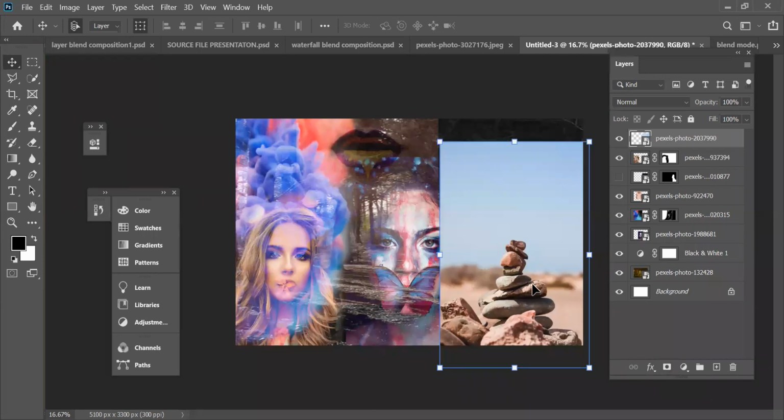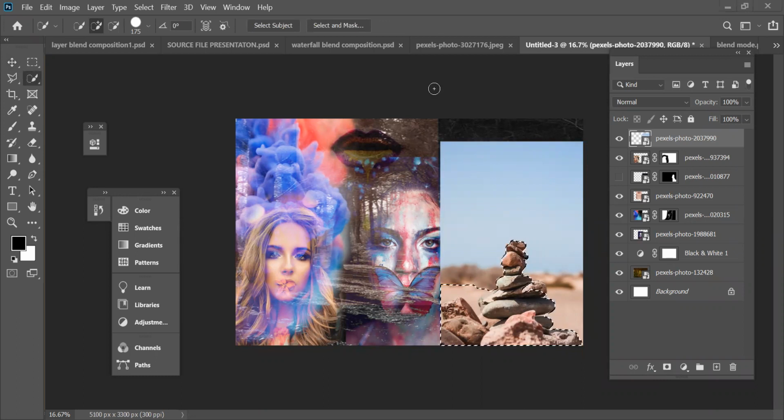I probably would have used the selection to do it. Just select the rocky areas, like this. And use my masking again.